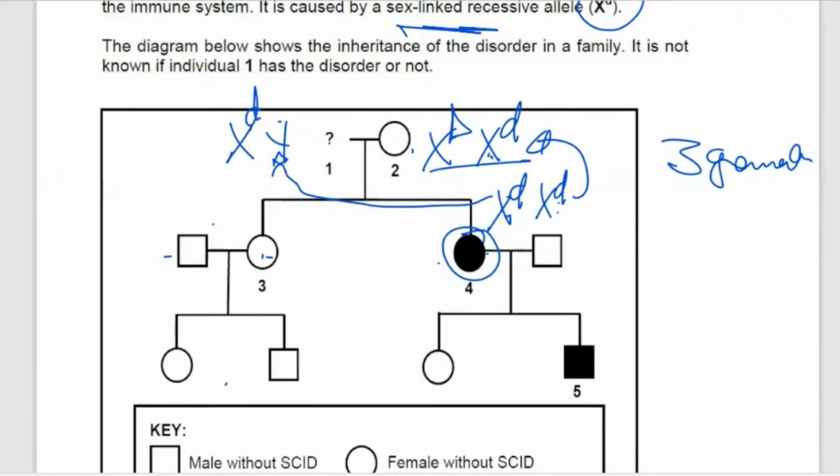Someone is saying something. Hey guys, just give me 2 minutes. Let me check why it is